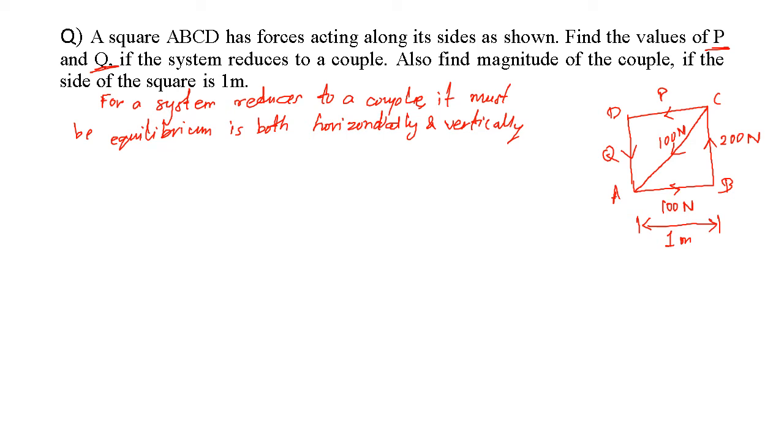Now resolving the forces horizontally means summation F_x equal to 0. What we can write? This is 100 in x direction plus 100. Another is 200 we can take because it is in vertical direction. This diagonal means this is 45 degree and this is 45 degree. A diagonal of a square cuts both its angles into 45 degree each. एक स्क्वायर का डायगोनल दोनों एंगल को 45 डिग्री में काटता है.